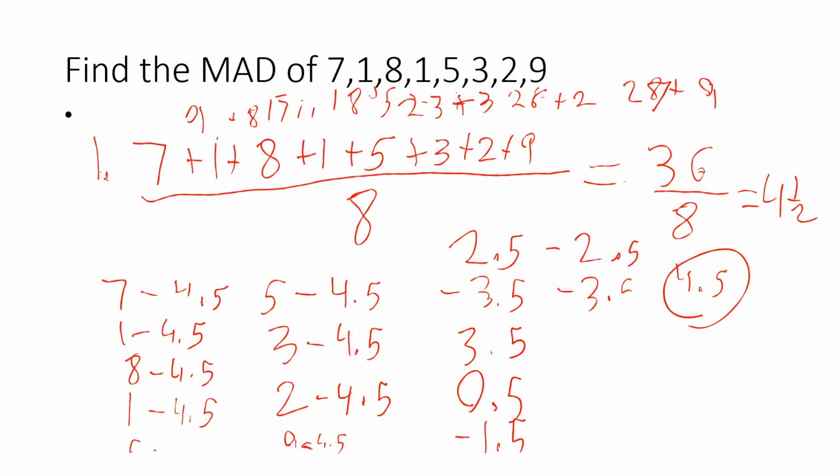Given our set of values, now we have to find the absolute value of each and every one of these. We can do that easily, and of course, we're going to switch negatives to positives. So our set of values will be